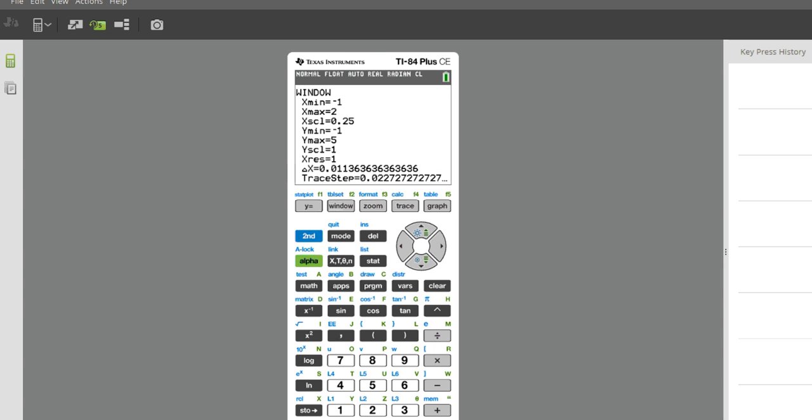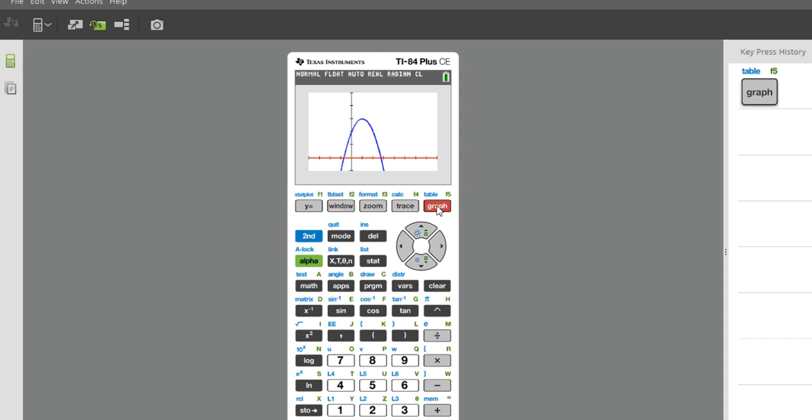And I just counted by 1-foot increments. When you have your window set, if you adjusted on the Y= screen, remember this is what x is less than, and this is what x is greater than, less than, and your step. Y is greater than, less than, and your step. You hit graph, you'll see it on Desmos, and we can see how the birdie was hit 2 feet above